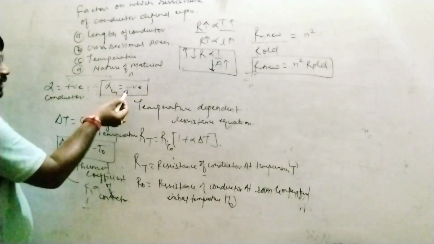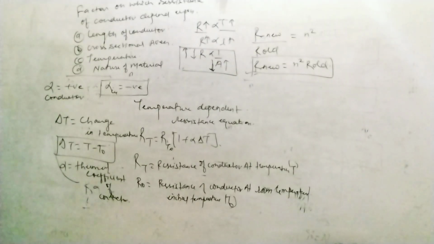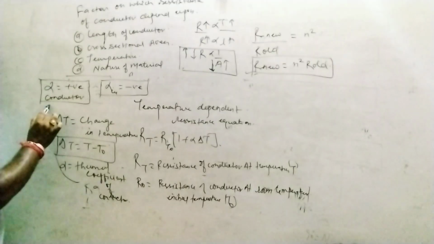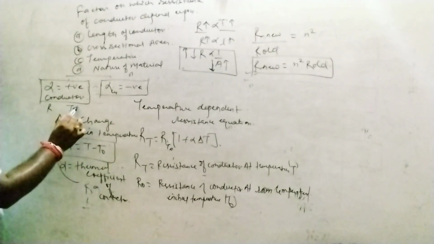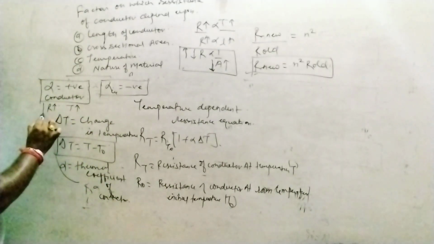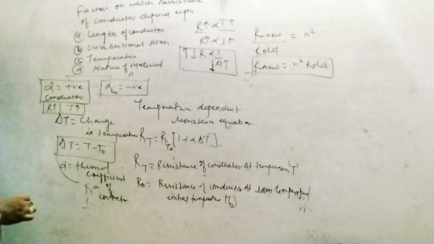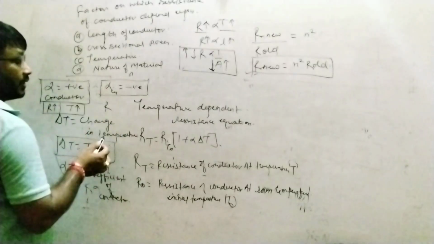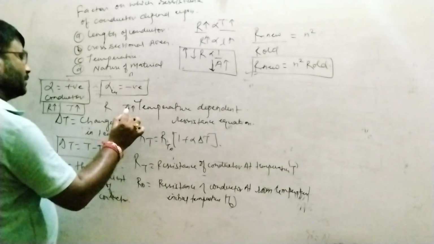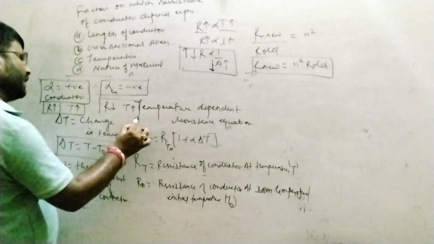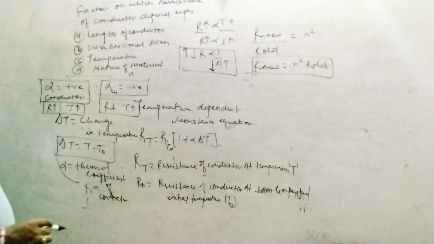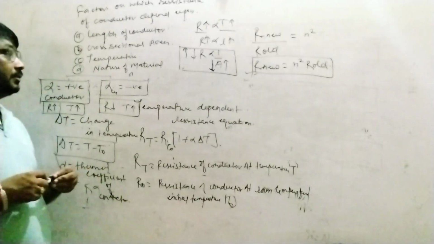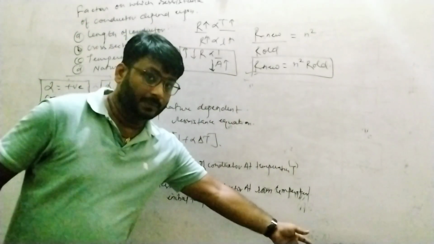So it shows the negative resistance characteristics, while conductors show the positive resistance characteristics. That means if we increase the temperature, the resistance value will increase in case of conductors. Similarly, in a semiconductor or insulator, if we increase the temperature, then the resistance is going to decrease because of having a negative thermal coefficient. So later we will move to the next